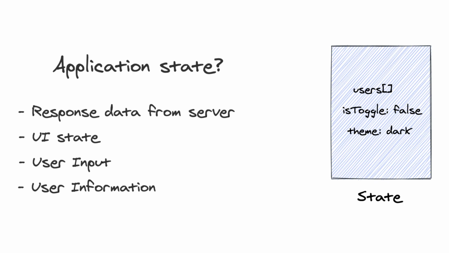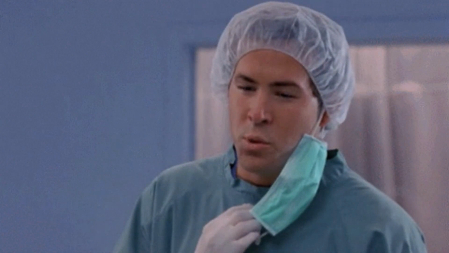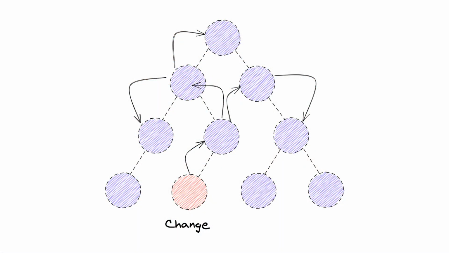Form data is considered application state. Moving on, now that we have understood what application state is, let us try to understand why we need to manage our state. When we have a complex web app with a lot of shared application state, we want the state to be consistent and in sync all across our application. So when the state changes at some part, we want to ensure that all the other parts of our application know about this change and update the UI accordingly.